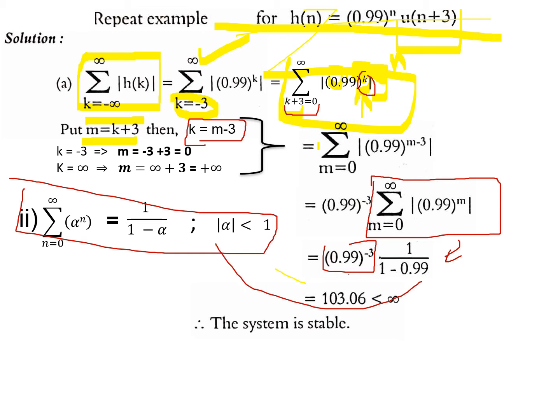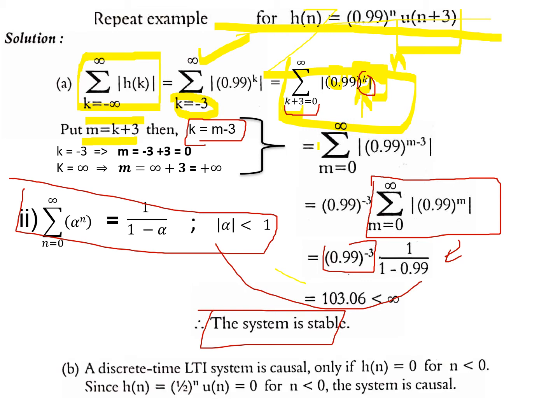Therefore, when I add all the values of the impulse response, I found it is absolutely summable and the total sum is finite, not infinite. Therefore, the system is stable. This system that I have given, 0.99 to the power of n into u of n plus 3, is a stable system. Okay, now what about